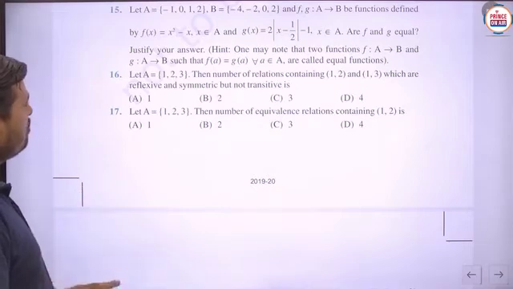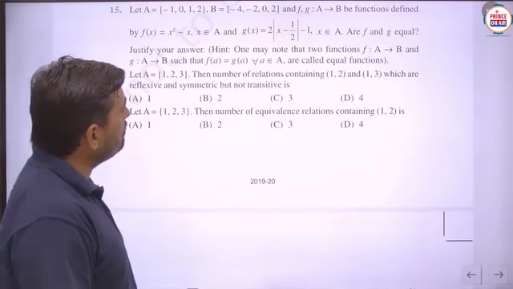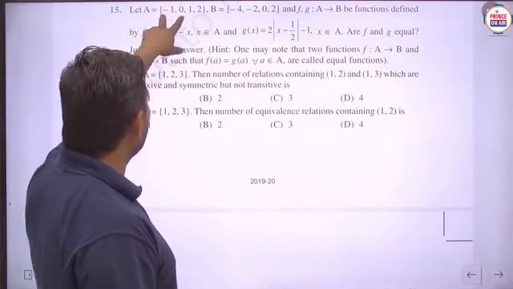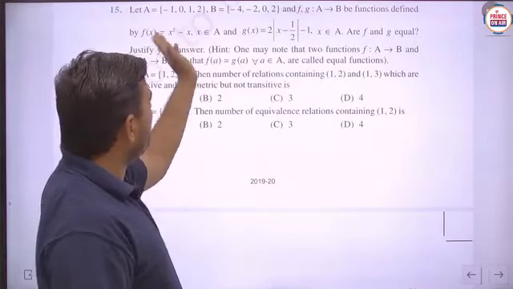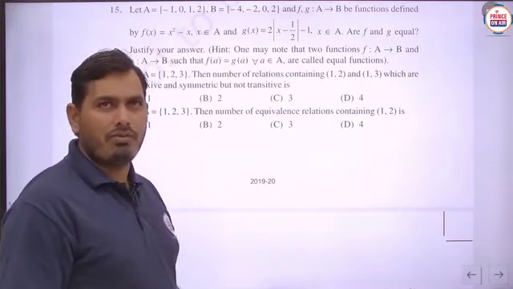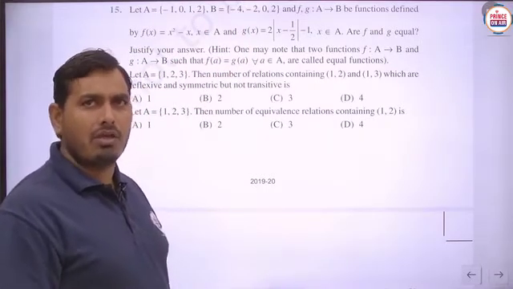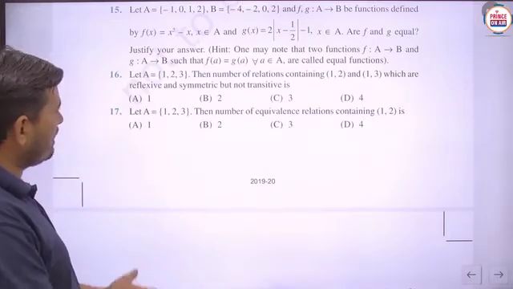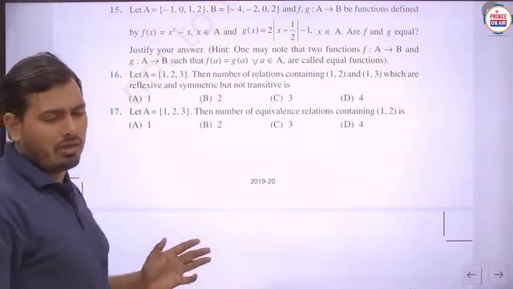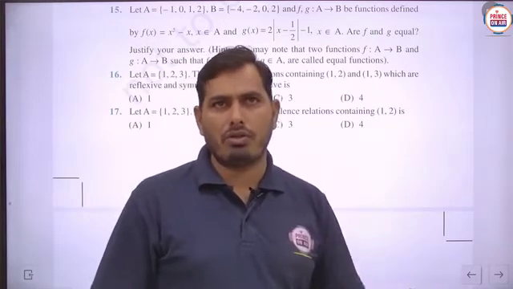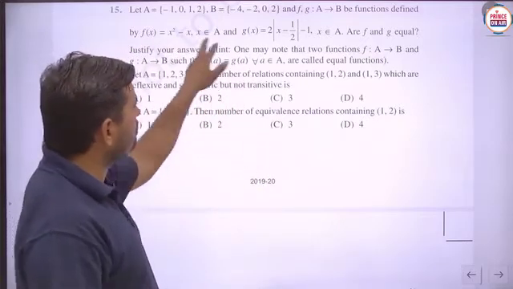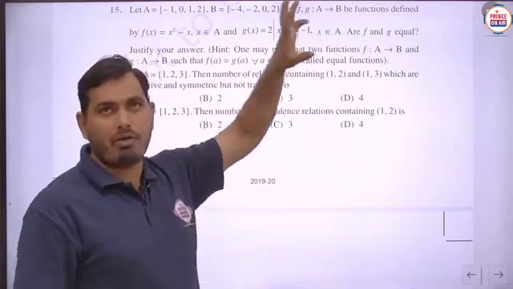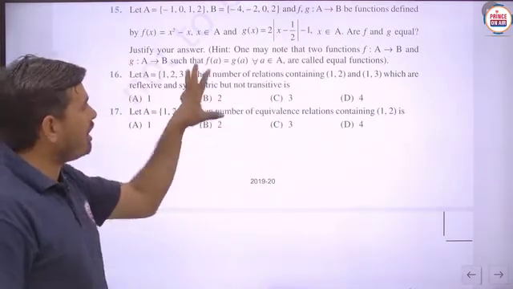To check if both functions are equal, we take the inputs from these elements and check the output according to the f function and the g function. If we obtain the same output for the functions, then both are said to be equal functions, because their domains are equal, and we will check the range part. If any functions are equal, then their domain and range are always equal. The domain is already the same, because both functions are defined from A to B, but we will check the range part. B is the codomain, but we have to check the range. Range means we have to check the output of these functions.